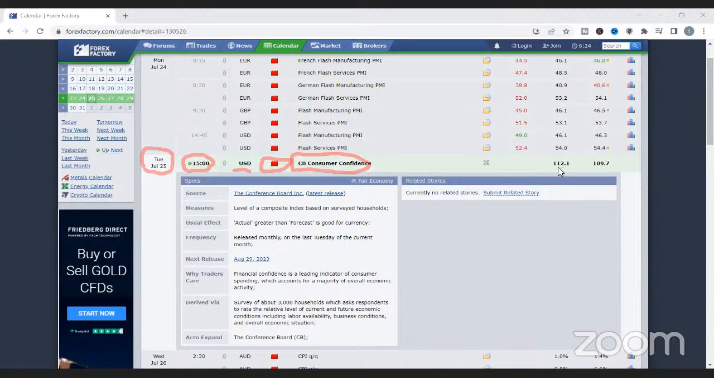112.1. This is the forecast. You can see it said actual greater than forecast. And then here, where we don't have anything, is the actual. So we have to wait for 3 p.m. for the result to be dropped. And once it is dropped,